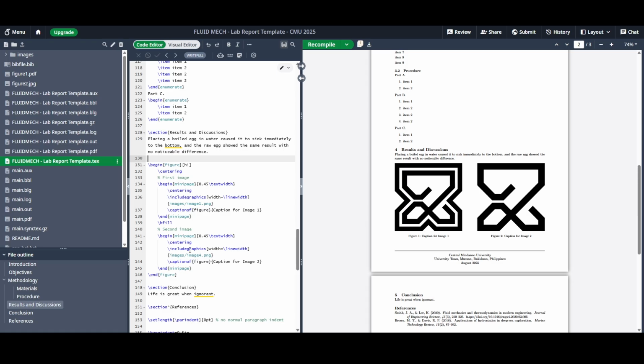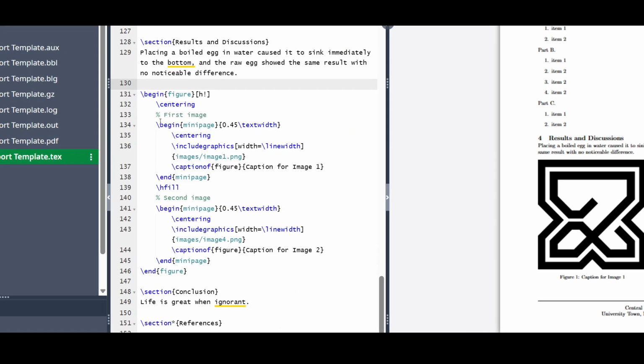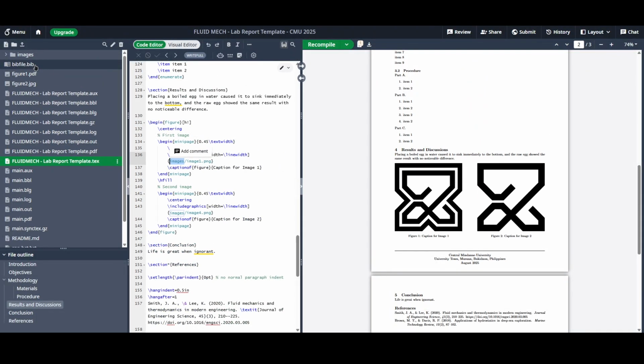Now going back to the code, we have this very complicated code. We have the first image right here, and we have the second image right there. The first image is set up in this block right here. Now how would you change it to, let's say, image 1? I would look at this particular line right there. This is the pathway to your intended image. We put images because this is the folder that we're trying to target. This is the images folder, and then we put a forward slash, and then we put the image name,